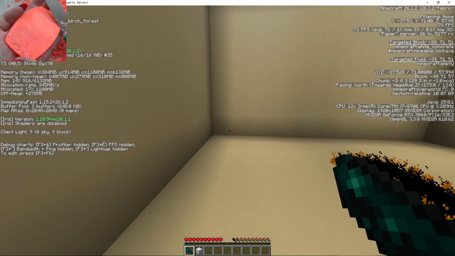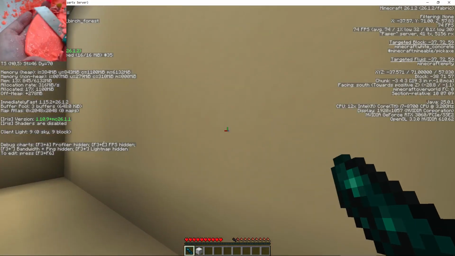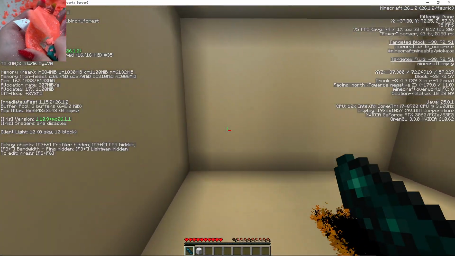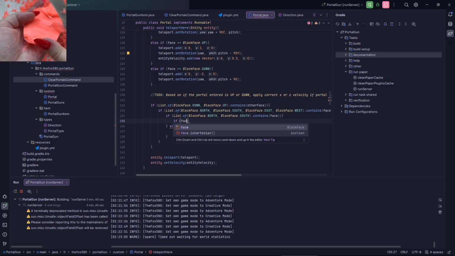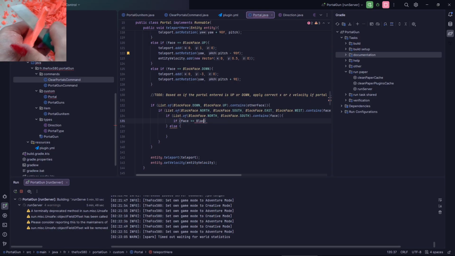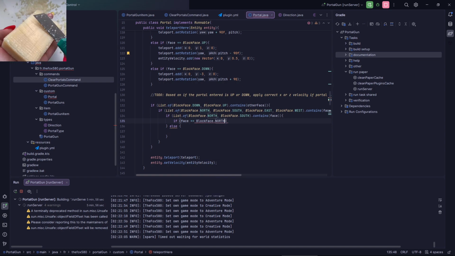So if it's towards negative z, so if you're going out from north, if face is north,